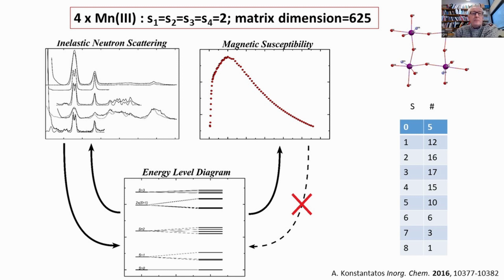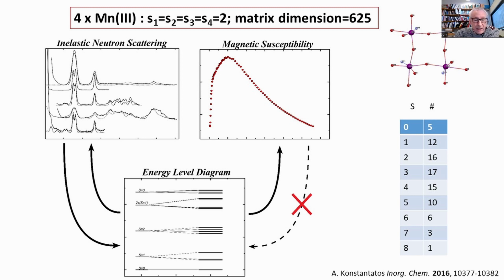Another system, like being composed of 4 manganese trees, now each center has spin 2, and this results in a matrix dimension of 625. And the bottom of the energy level diagram is given here below. And you see already now the systematics of spin multiplicities increasing upwards is